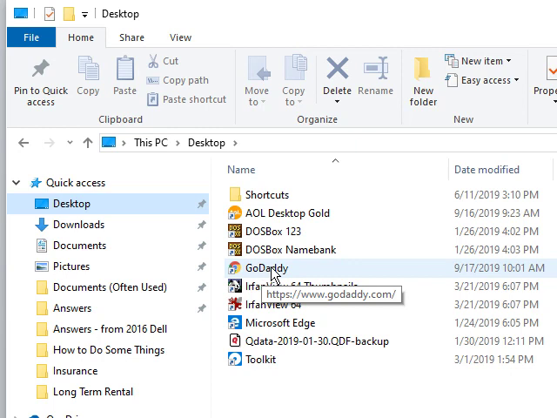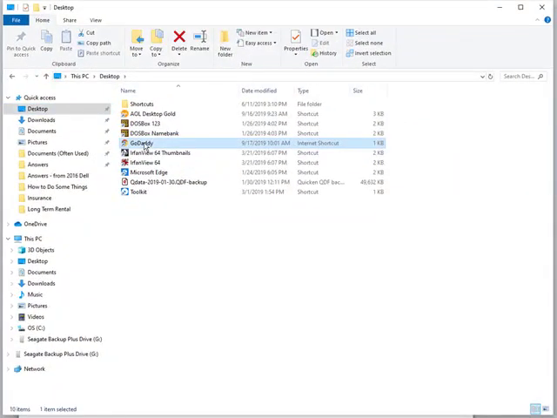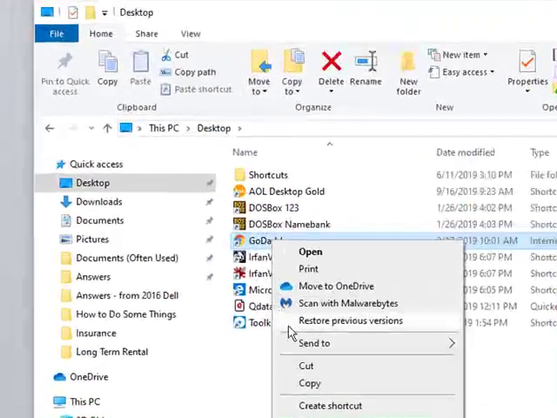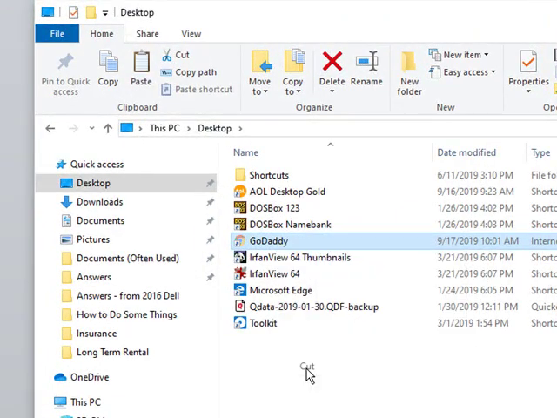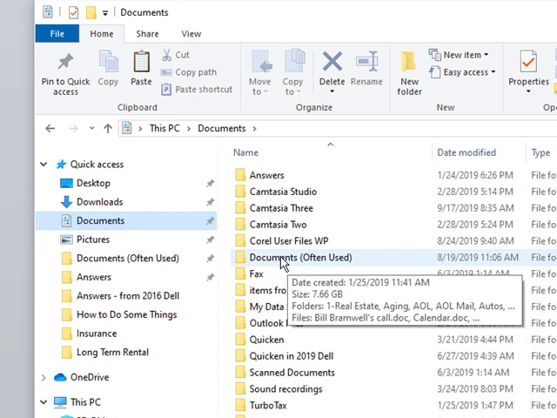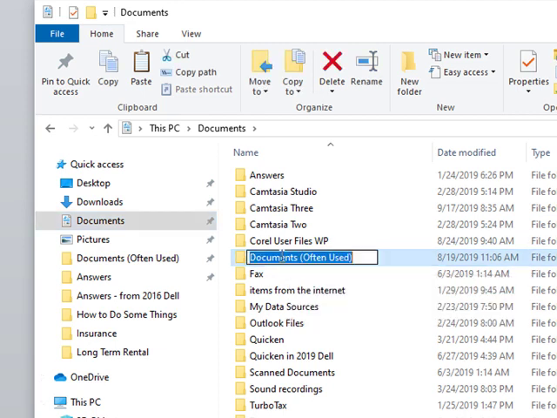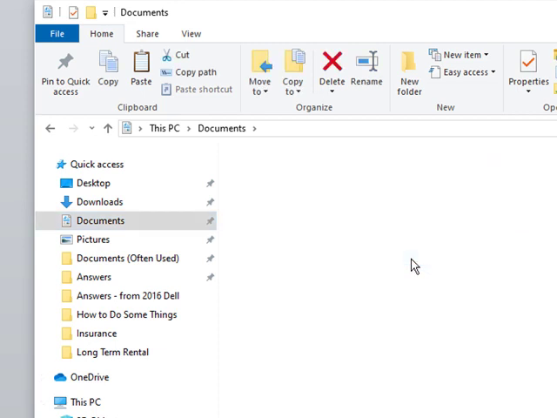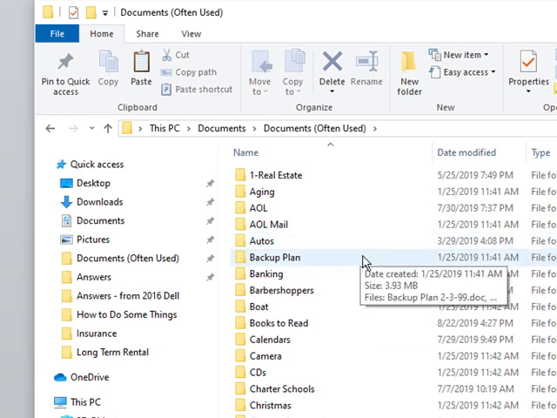And if you right-click on that location and then click Cut, you can take that shortcut, go to another place in your computer. Let's say that was for GoDaddy. So let's put it in Documents Often Used. And in that folder, let's put it in